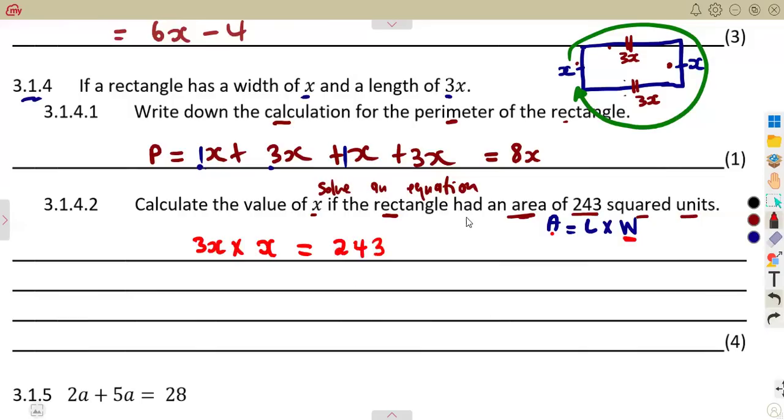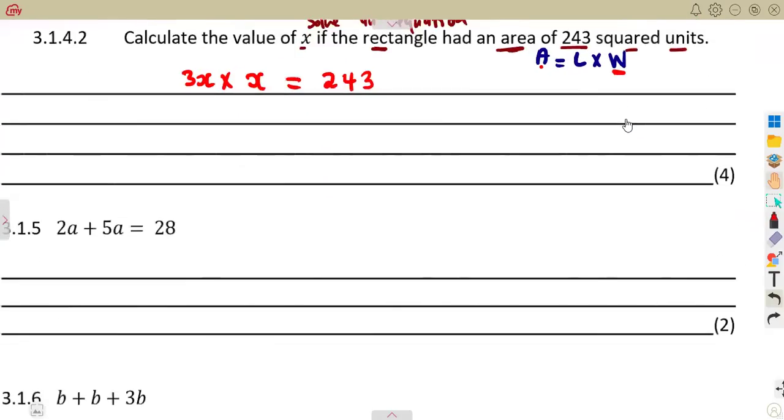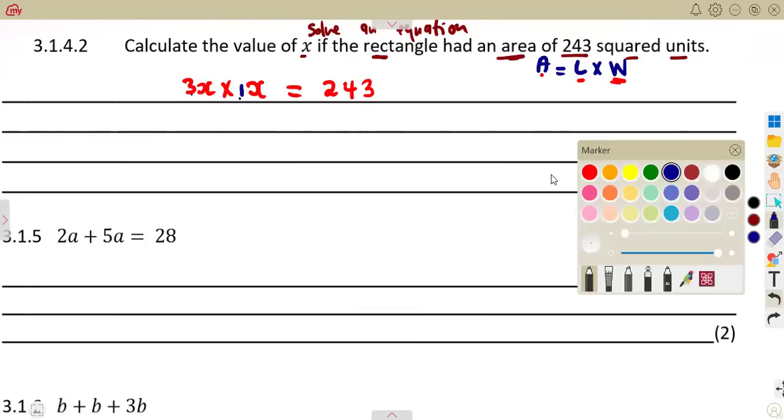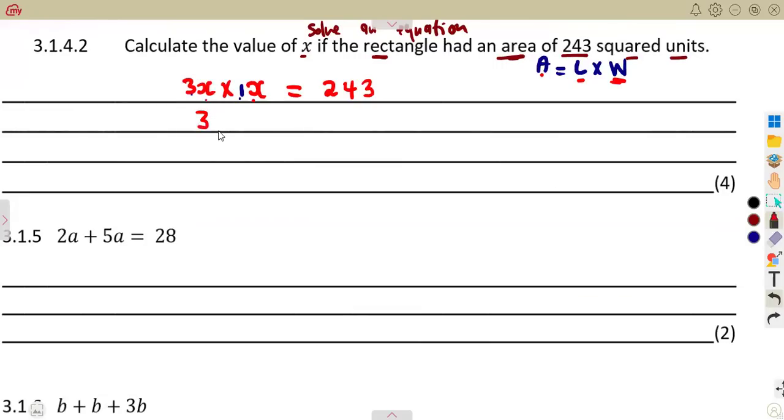243 square units. That is what they are asking you there. They are saying if the area is, we are assuming that the area is given. So we use what we understand about the area of that shape, which is a rectangle. Area of a rectangle is length times width. So this is length, this is width. Okay, guys, let's multiply 3x times x. This is 1 here. This is 1. So it's 3 times 1, which is going to give us what? 3. X times x, which is x squared. This is equal to